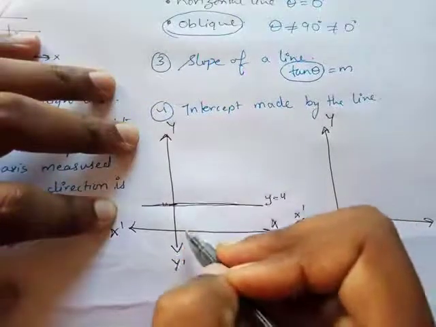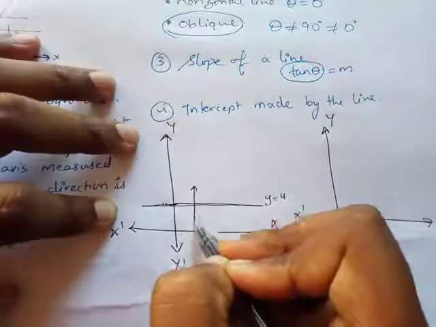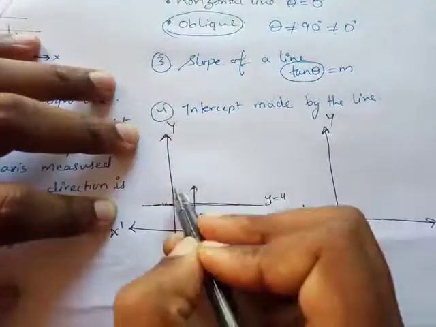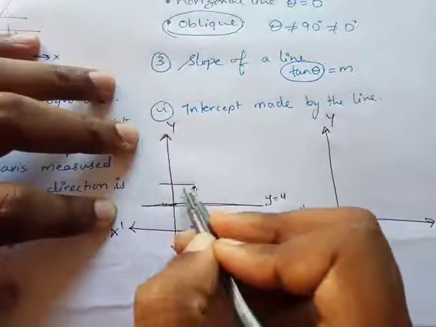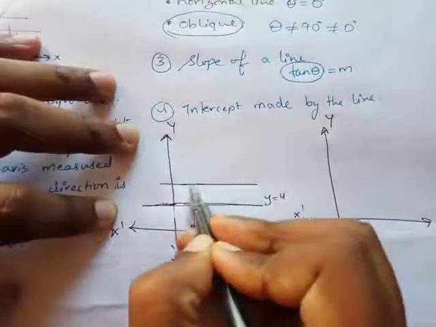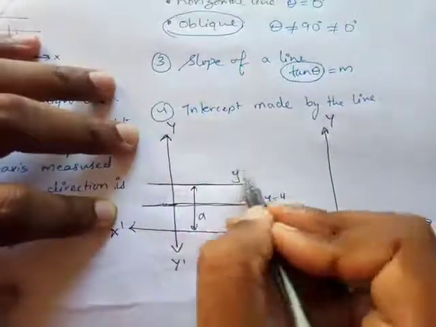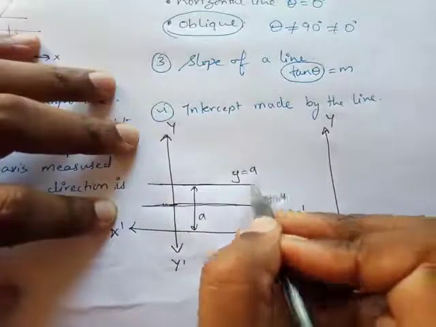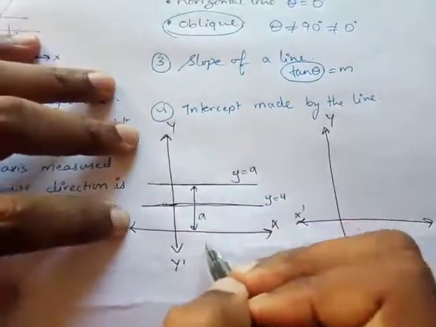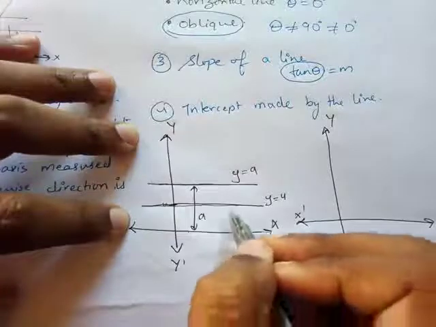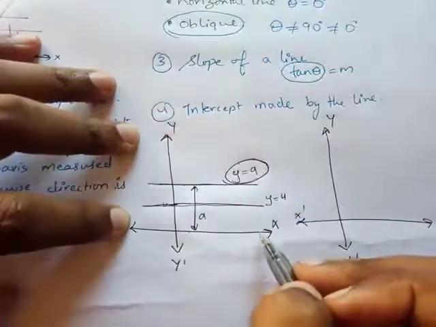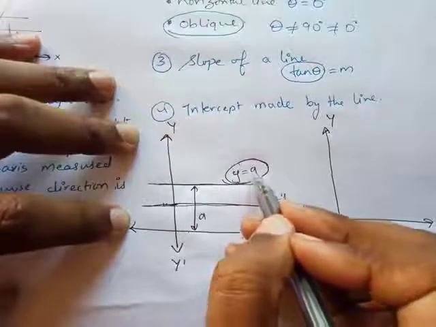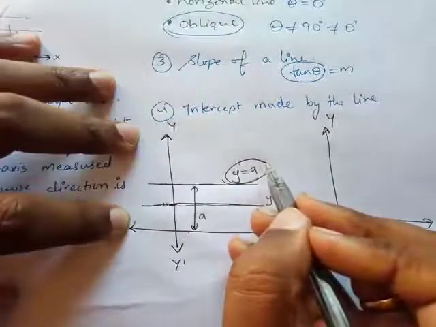For example, the distance given from here to here is a. Okay, it means from here to here it's a centimeters. So the line that will come, this is going to be called y equals a. Whatever the value, a horizontal line parallel to the x axis always has this equation. Whenever a line is parallel to the x axis, it always has the equation y equals a.